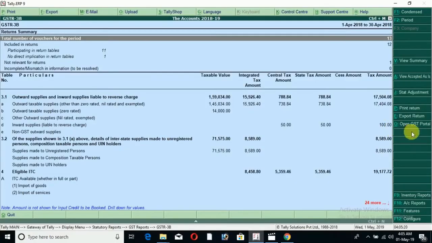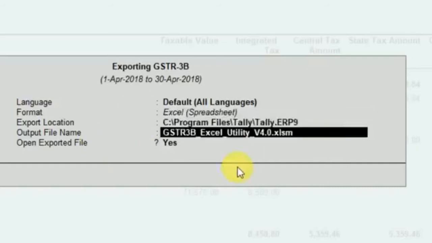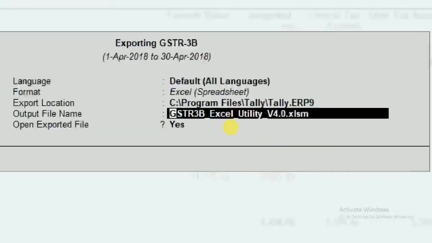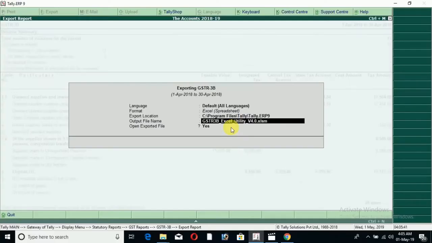Another process is there. Go to Export Return. Choose the format Excel. Notice that in output name, your file name has changed. That is GSTR3B Excel utility and its version is v4.xlsm.